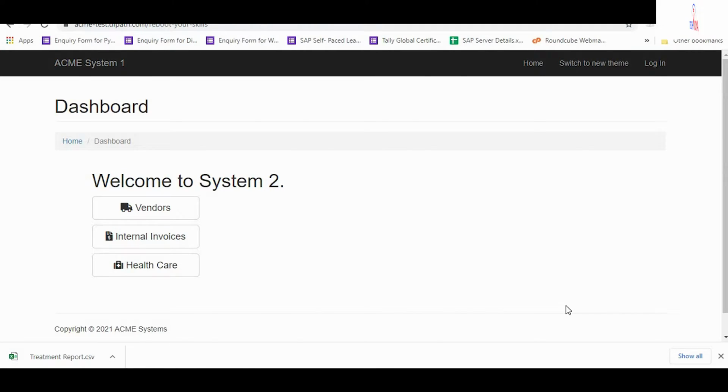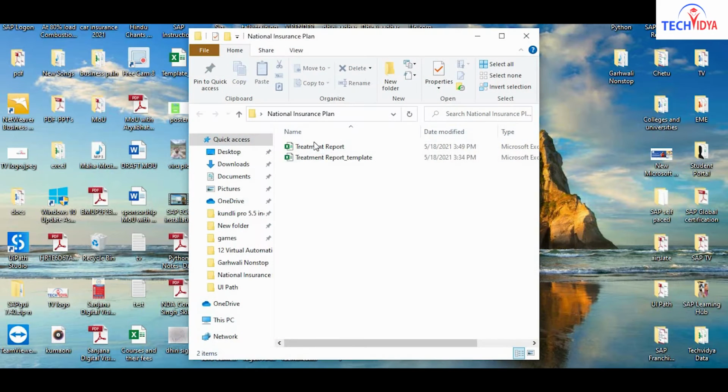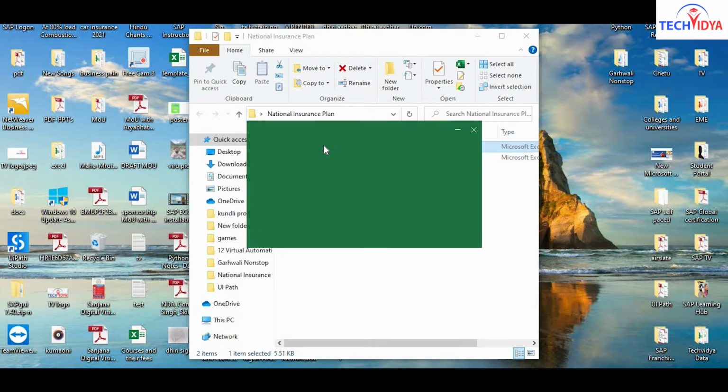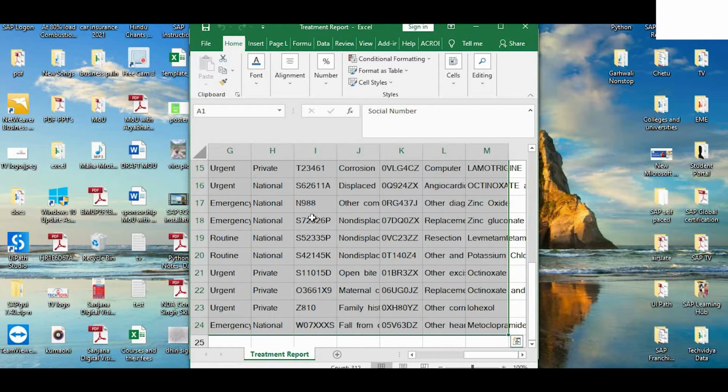After the download he goes to the folder, and then he will open the CSV file, copy all the data inside it and paste it into the Excel.